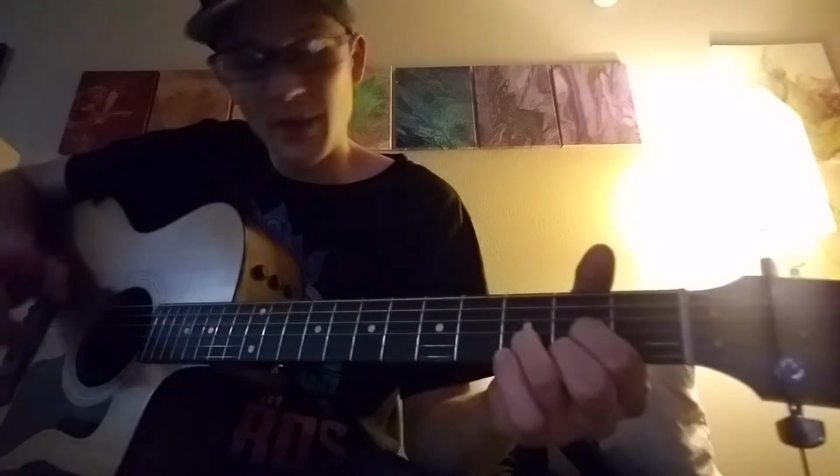Next part starts out the same way. This time you're going to hit the G string and then take your finger off. So play it twice. So G, A, and then with your pinky here you're going to hit the 4th fret of the D string. And back to the 2nd fret of the A string. The variation I do sometimes is